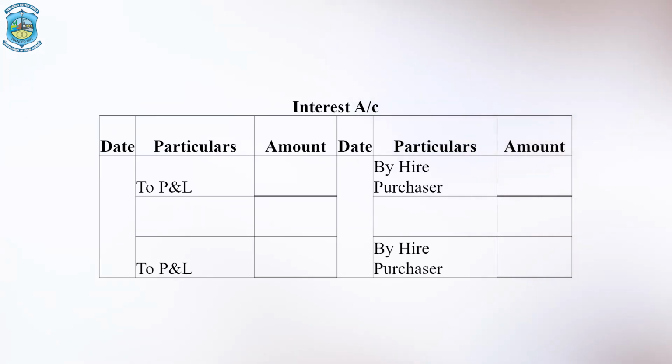Mind it, depreciation cannot be charged in the books of the hire vendor on these because these are goods for the hire vendor, and depreciation is not charged on current assets. These are stock for the vendor. Therefore, there will be no account of depreciation in the books of the vendor, whereas it will be prepared in the books of the hire purchaser. I hope this is absolutely clear. Four accounts in the books of the purchaser, just two accounts in the books of the hire vendor.